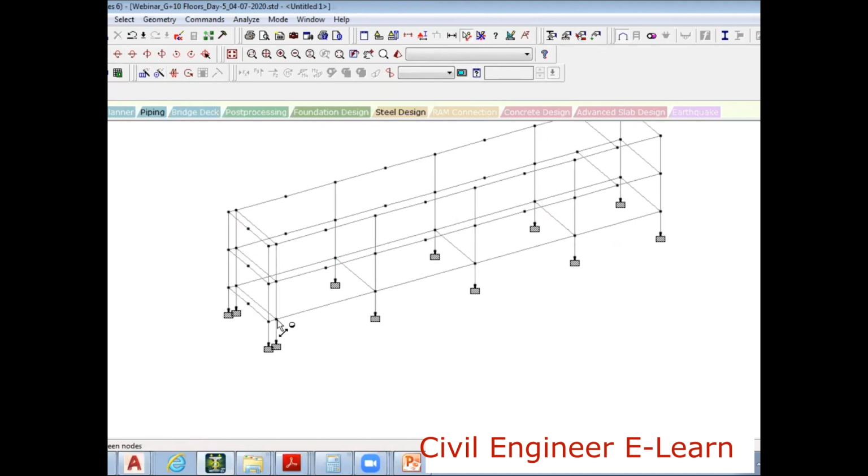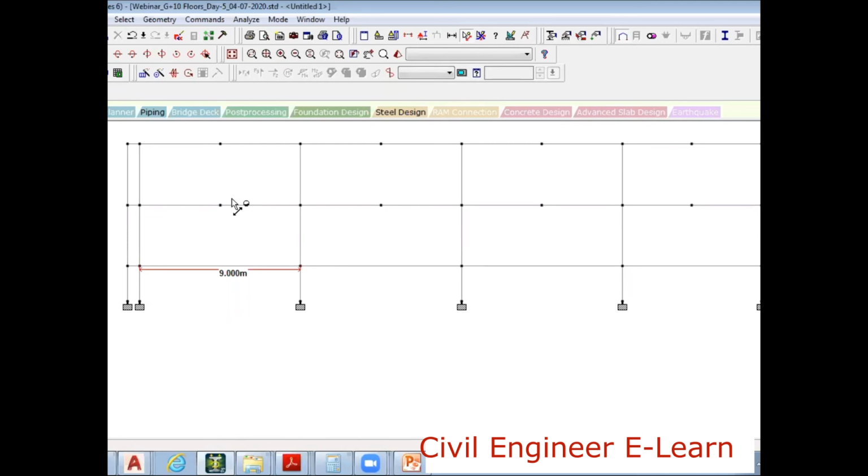It's 9 meters. 9 by 8 gives 1.125. So now I have to add a beam like this: 1.125, 1.125, 1.125, and then join.